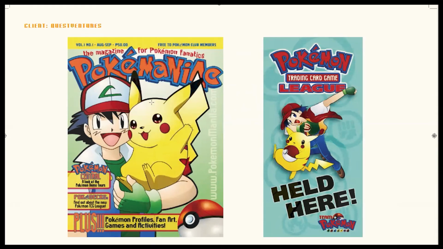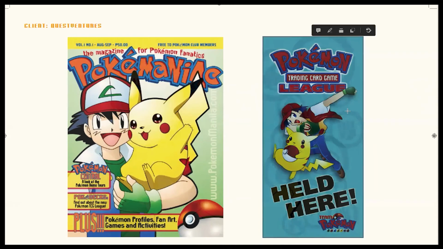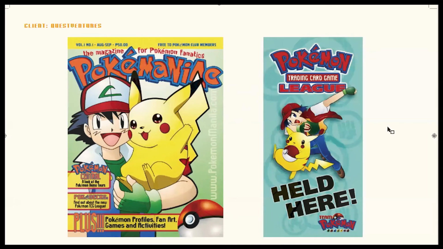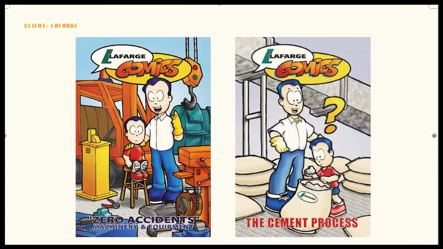This is the first and only newsletter ever made for the game. Okay, and of course we created banners and posters for that activity as well. And you've seen this earlier in one of the slides. Okay, now these are all done in Illustrator. This one, gradient mesh. This one is done in Photoshop, but of course there's an Illustrator element here. Okay,